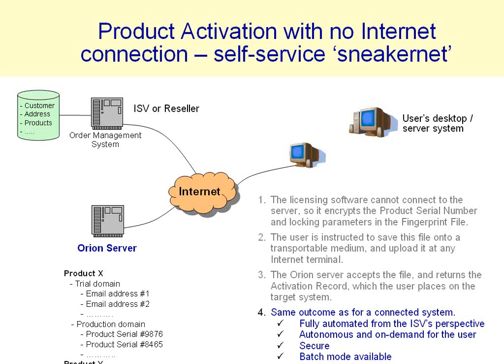So that's SneakerNet. An obvious extension of this is that the user could be sending the fingerprint file to you by email, in which case your operations people would generate the activation record and email it back, even by snail mail. Obviously the same thing could be done. However, generally our customers find that if a user has access to email, they can generally get to a web browser screen and just help themselves at the self-service web page.